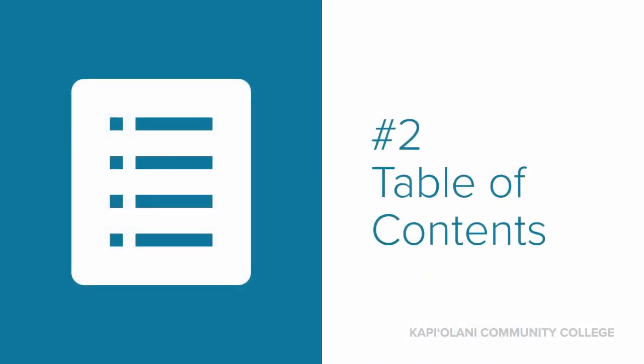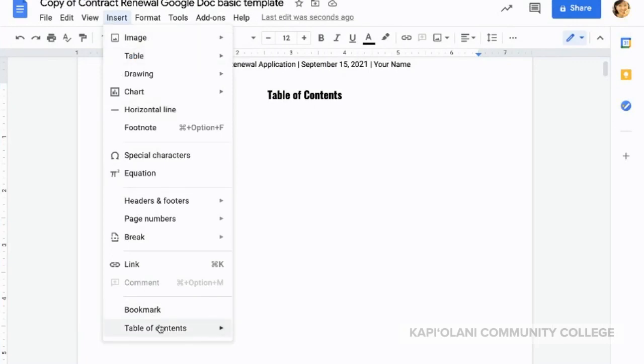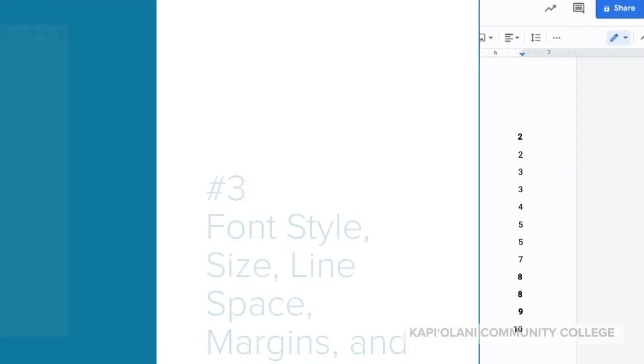The key to generating, instead of manually typing, a table of contents is the section headings. So let's assume that we've completed that process. Now, place your cursor where the table of contents should appear, then insert Table of Contents. What you see are the section headings that we created a little while ago. What if you add or change the section headings, or if the page numbers change? Go up here and click on this Update button, and everything will be updated.